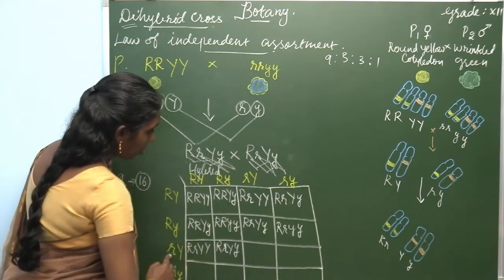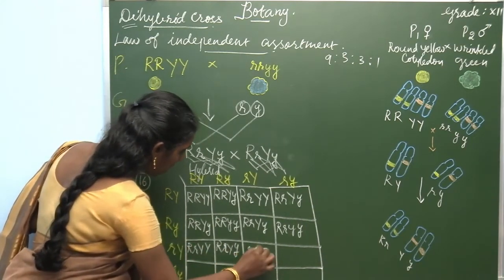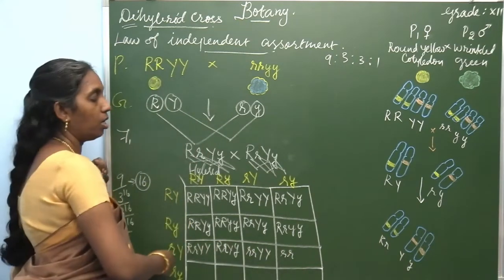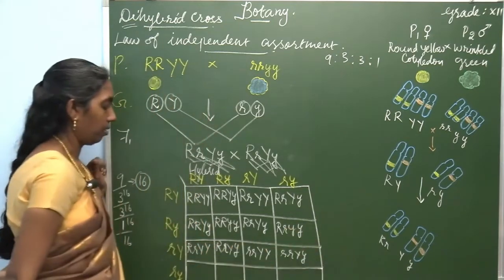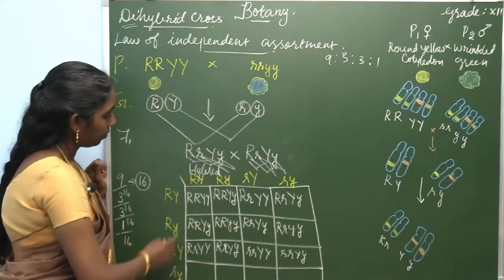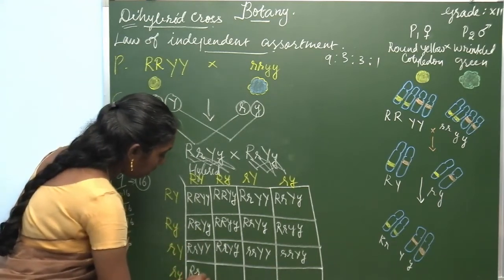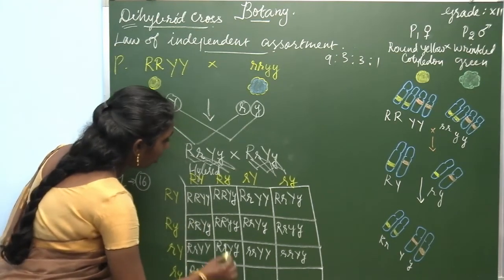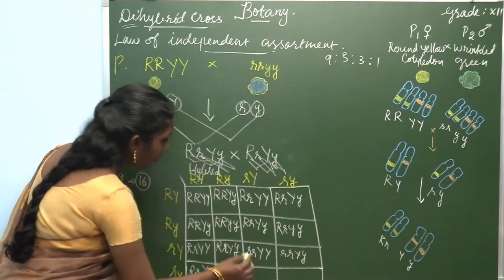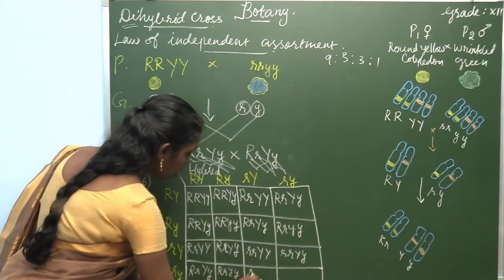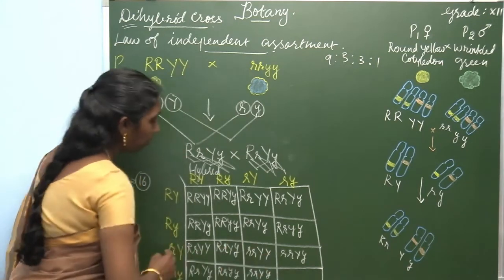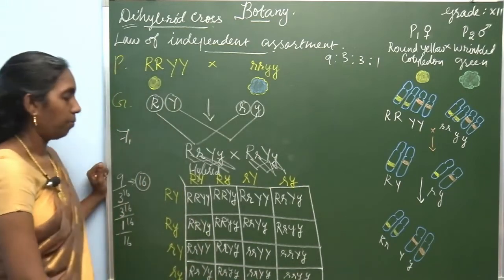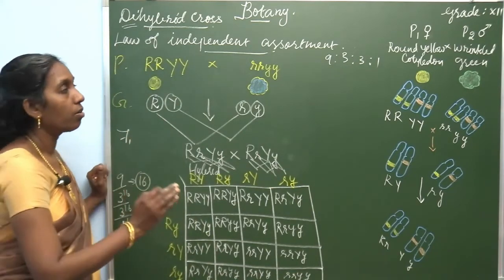Then small r, capital Y, small r, capital Y, small y. The last row: capital R, small r, capital Y, small y, capital R, small y, small y, small r, capital Y, small y, then small r, small y, small y. Now, we are taking out the ratio